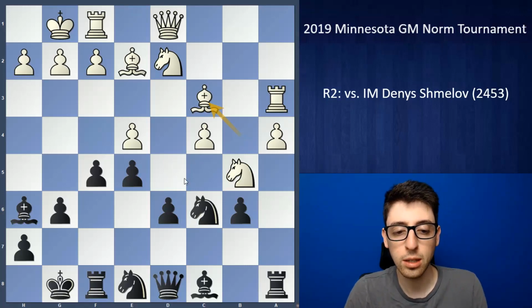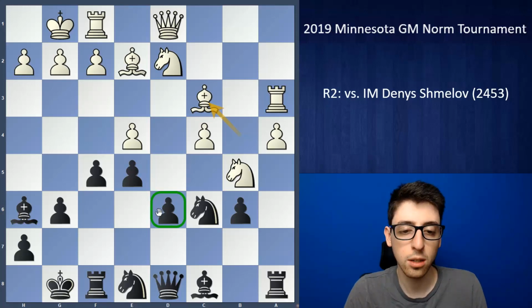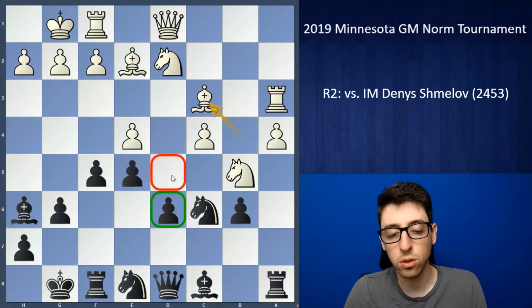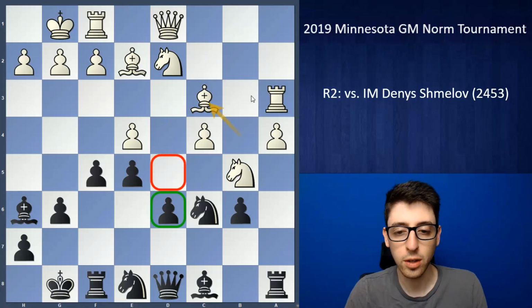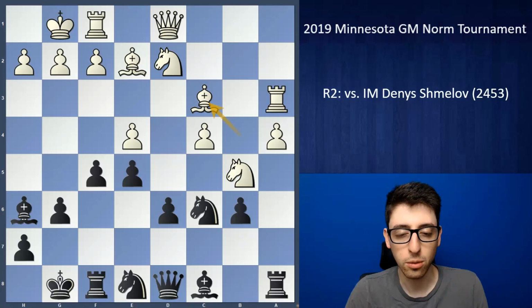Black now has some weaknesses, especially the d6 pawn can be considered a serious weakness. The d5 square is also weak. And actually the structure now resembles a Sicilian, almost like a Kalashnikov Sicilian or Sveshnikov, which I thought was pretty interesting. I wasn't exactly sure how to evaluate the position, but to my eyes it just seemed like, okay, white's